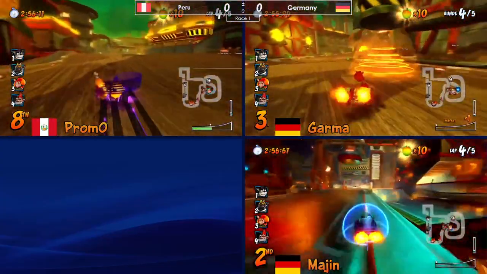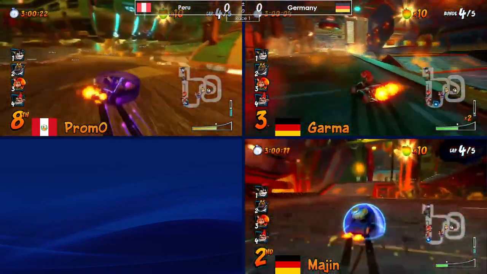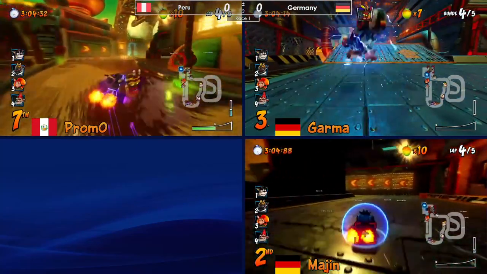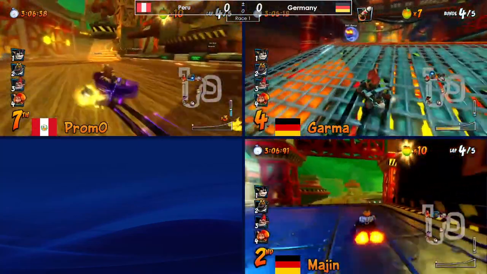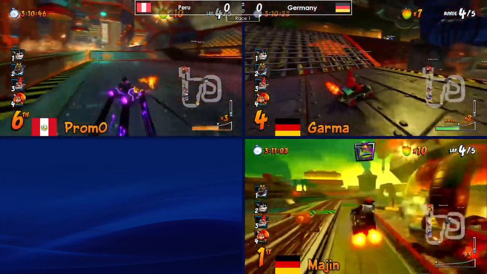And they do throw an orb. Promo does get an orb. They throw it straight away. So it looks like Blindado dodges. I think Beba's playing the Coco there, so we see that Peru has been taken out in the back there. Does take out Gamma, but I think Gamma